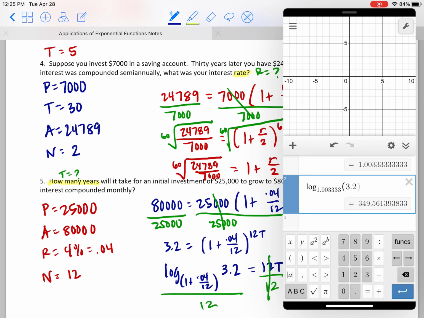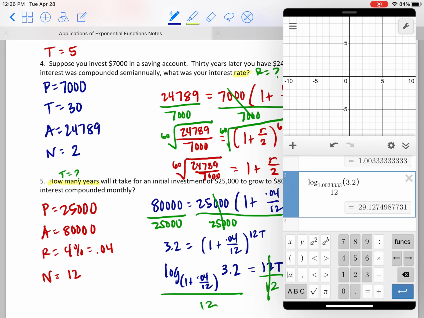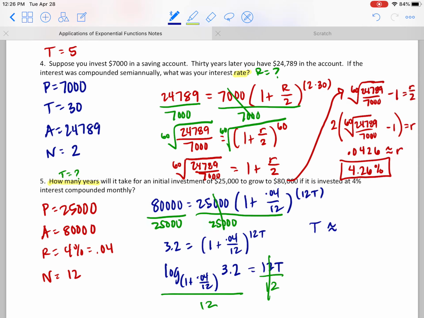Okay, maybe we have to round this off. 1.0033. It's probably going to be close enough to our answer. So we're going to make this log base 1.0033, however many threes you want, of 3.2. Let's see if I take away some threes, how different is our answer? All right, let's put some of those threes back in. And this whole thing had to be divided by 12. So we're looking at 29.13-ish